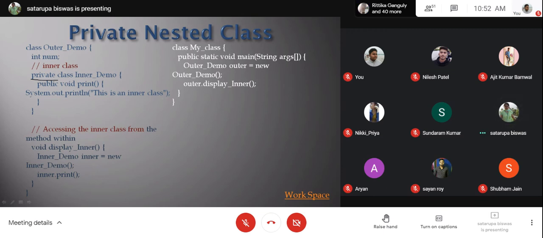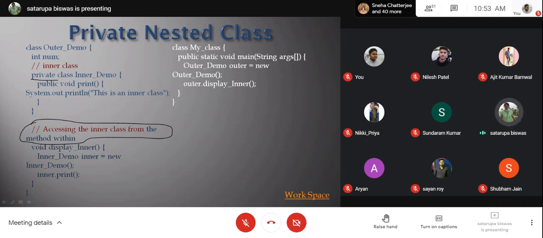Then the method within the inner class, this void display inner is actually the inner class's other method. So it is instantiating the inner class, and sorry, this entire part is the comment statement. This is a method which is present inside the inner class.